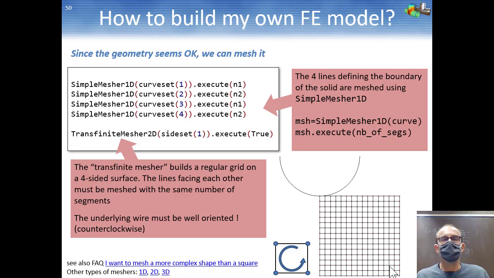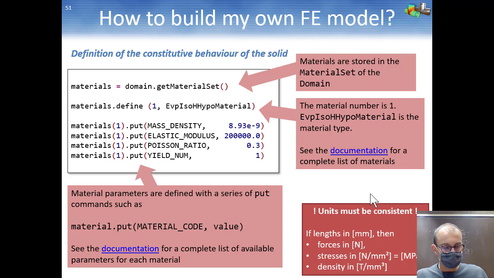So usually you do not want Metafor to put elements in a completely random way. But there is a way to create unstructured meshes, and you can have a look at it when you have very complex shapes in 2D. So once your model is meshed,